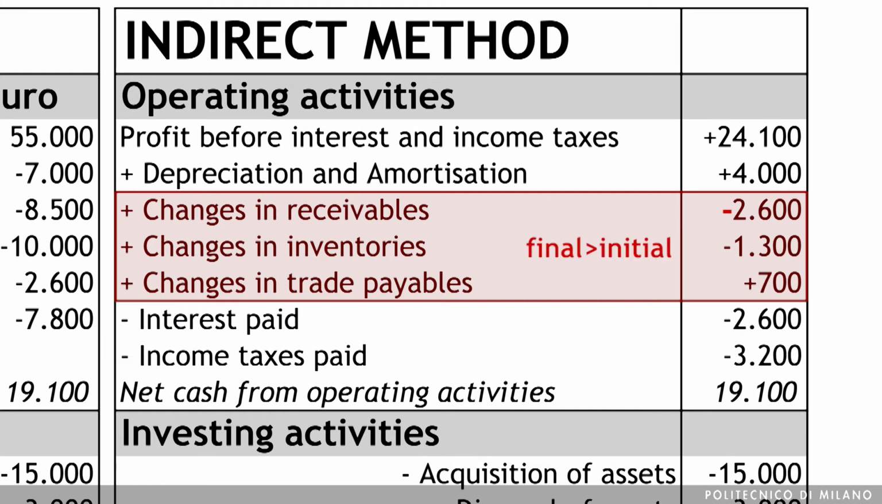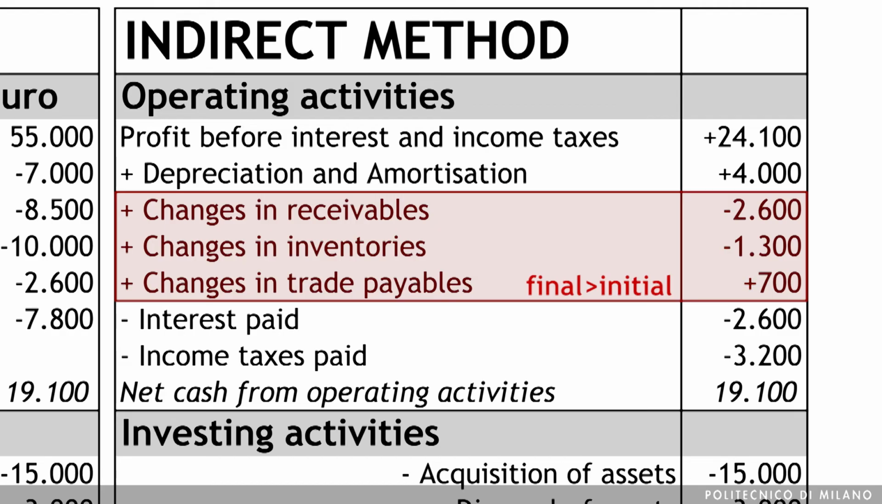The same happens with the inventories. If the inventories at the end of the period are higher with respect to the inventories at the beginning of the period, we have an impact on the cash which is negative, because this means that the company purchases inventories, so we have a cash outflow. It is the opposite instead with the trade payables, because if the trade payables are higher with respect to what we have at the beginning of the year, the impact on the cash is positive, and the reason why is because we have the debt, in this case the trade payables, rather than having the